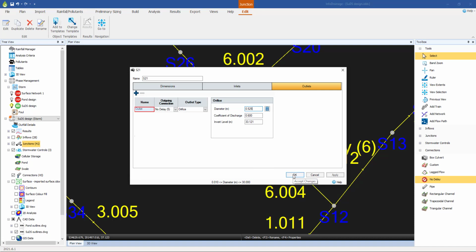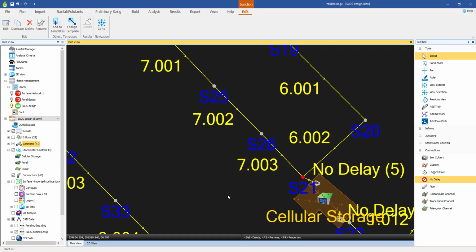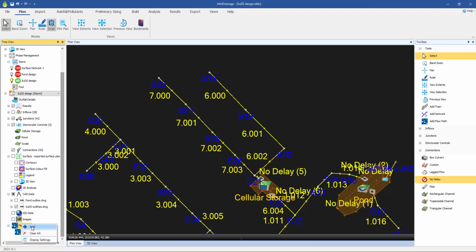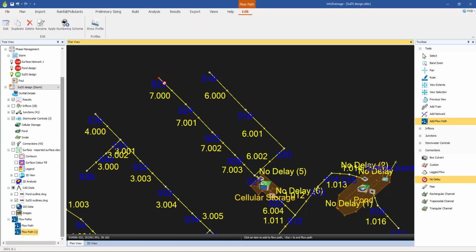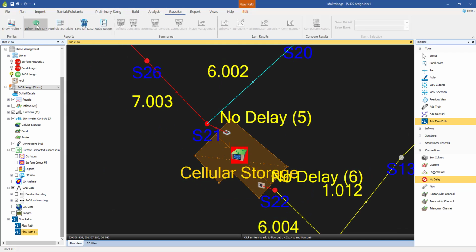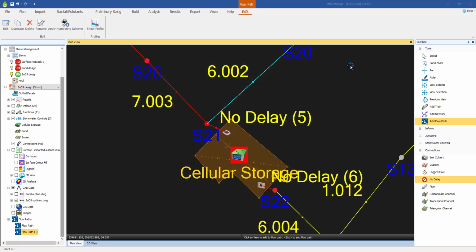And again, we've got to go through the same task to work out what the limit of discharge is going to be from this structure. So just as we did before, we're going to create another flow path from some point high up in the catchment, manhole S23 I think it is, down to manhole S22, and then if we go to the results, we can look at the inflow summary, and we should see that there's 0.764 hectares coming from that. So if we go back to the select tool, just to check,